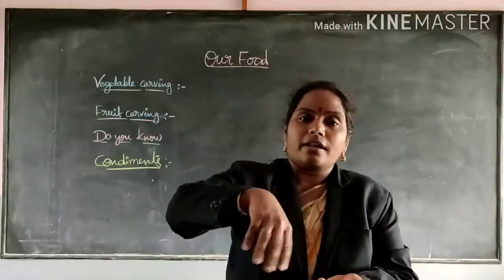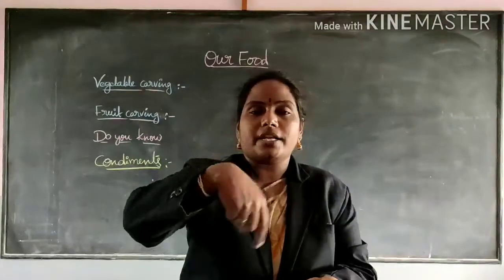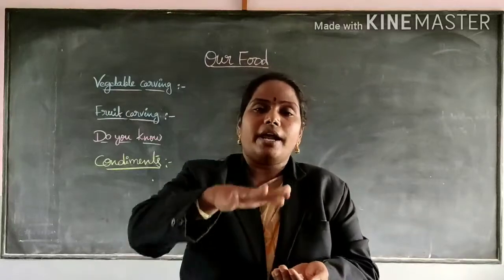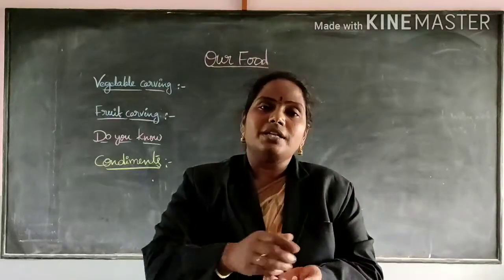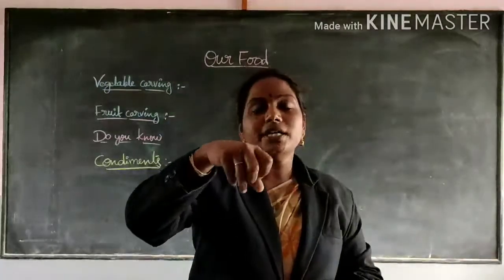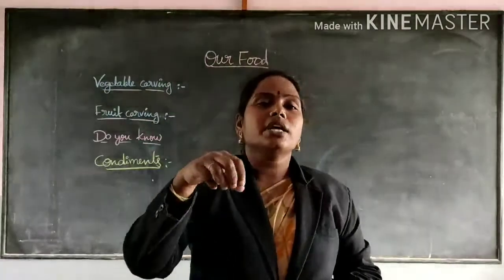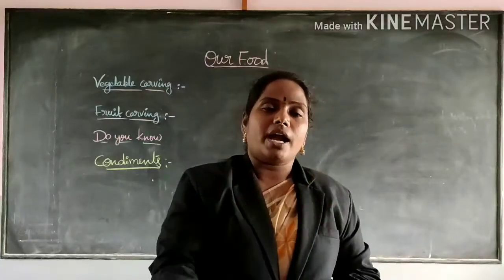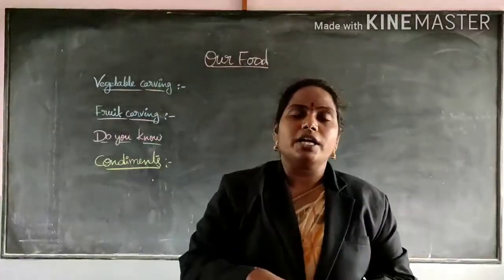Now add one layer of curry, one layer of rice, one layer of curry, one layer of rice. Like that you have to add it, and after finishing, apply a little bit of curd, a little bit of ghee, and a little bit of coriander leaves. Cut coriander leaves and onion pieces on it and keep the lid on it.